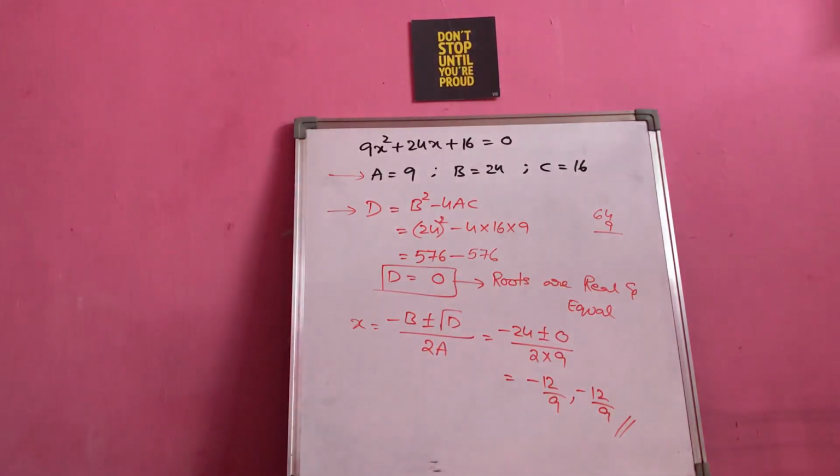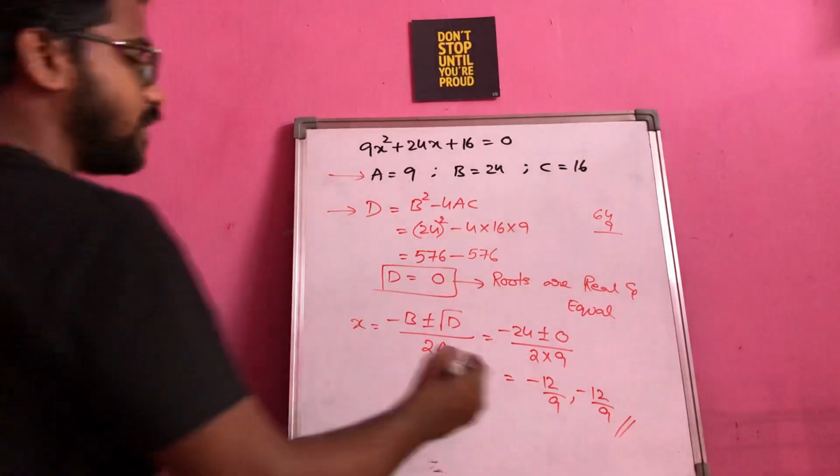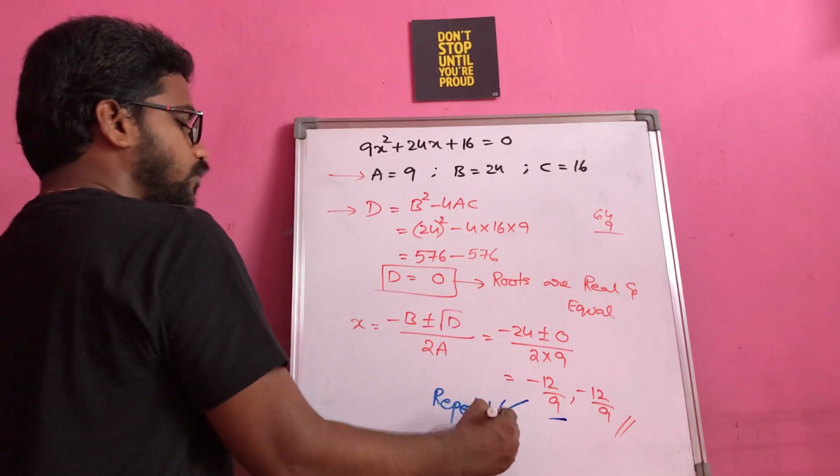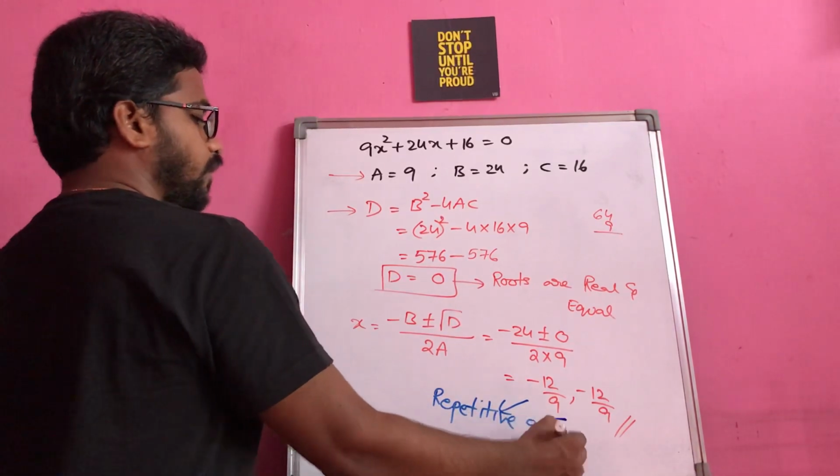You may get a doubt here: why are we writing it two times when it came only one time? Again it's the same logic. The highest power is 2, which means that you are getting two solutions. To satisfy that property, we write the roots two times. These types of roots are called repetitive roots, because the same root is repeating two times.